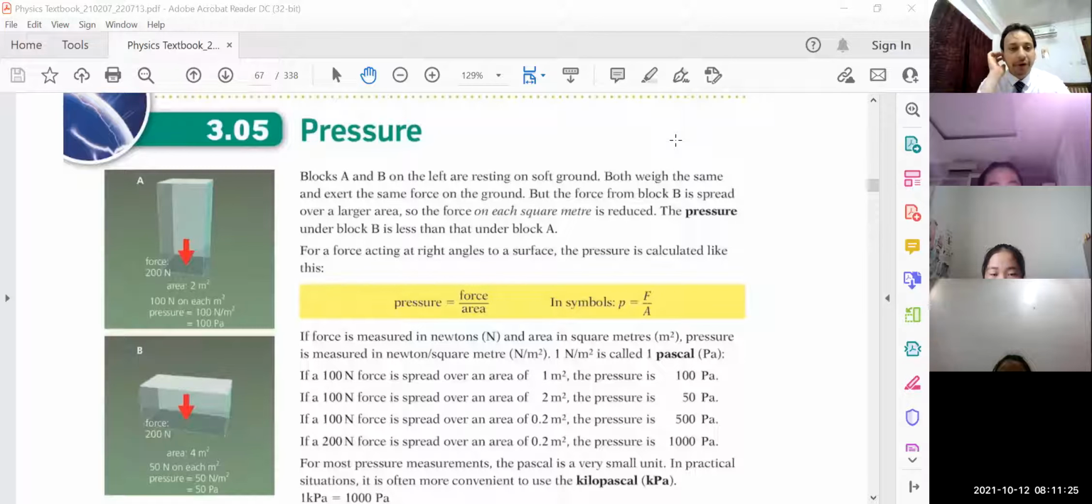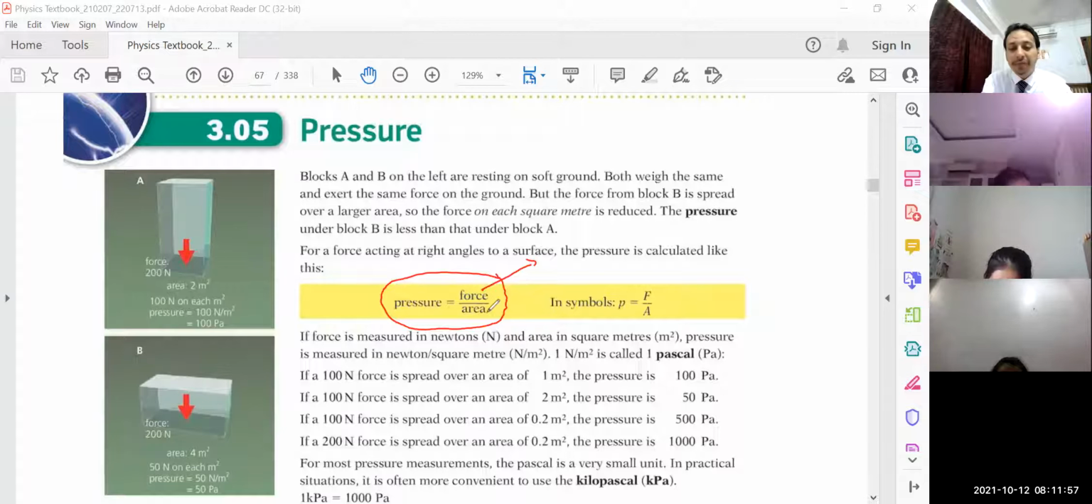Now here children, topic number 3.05, pressure. What we understand from the term pressure. This pressure topic you have studied in your lower classes, hopefully in grade 7 and in grade 8. And I want to start the topic pressure with this very famous equation that pressure acting on a body or any surface is given by